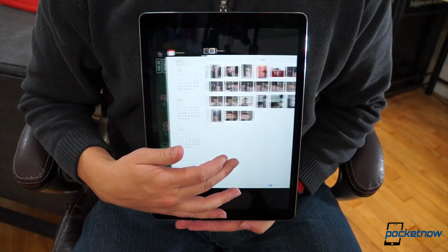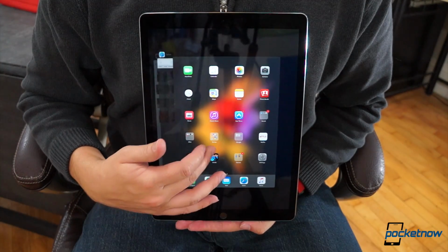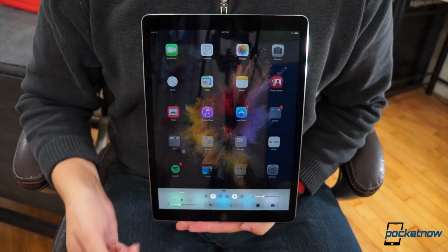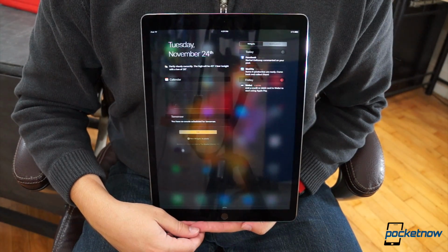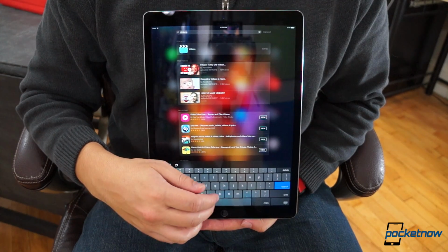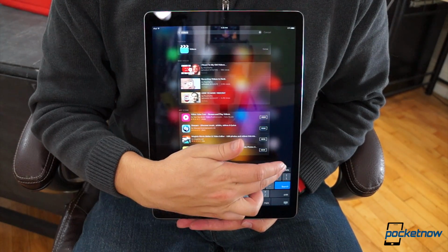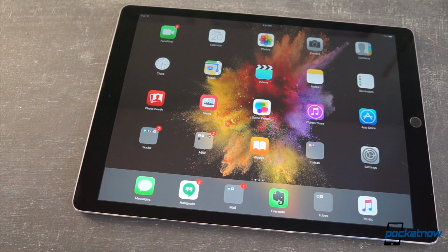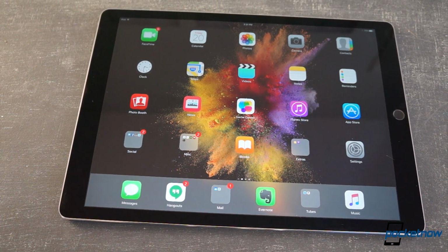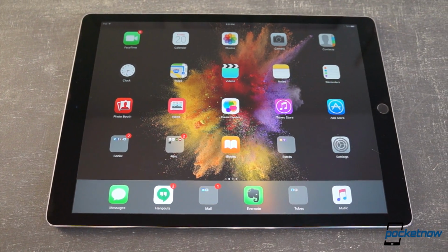Elsewhere, iOS 9 works pretty much the same. There's the multitasking carousel, the control center with its system toggles, the action center, now with 2 columns, the spotlight search, that lets you search the whole tablet for a contact or an app, or jump right into a Google search. And the center of the experience, as always, is that 4x5 grid of icons and folders making up the